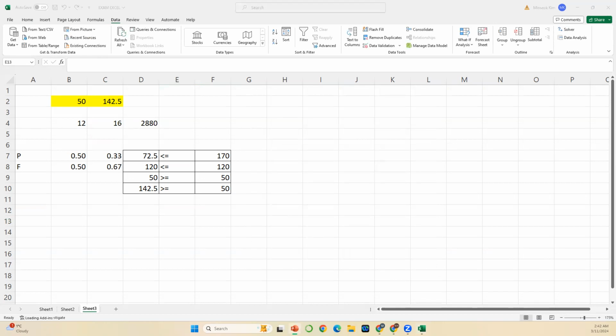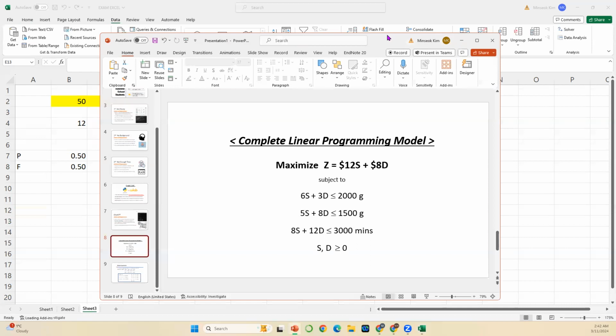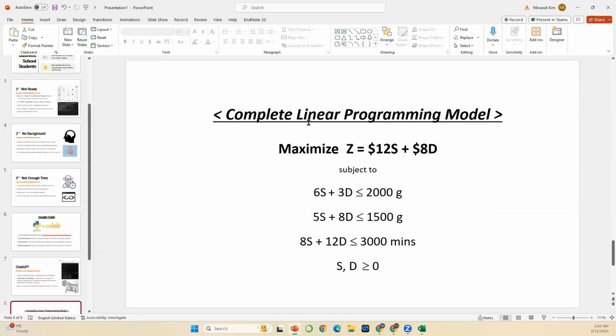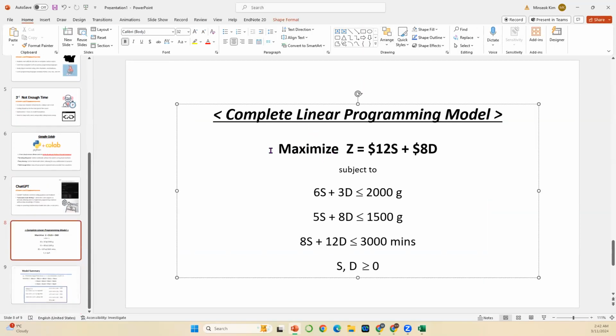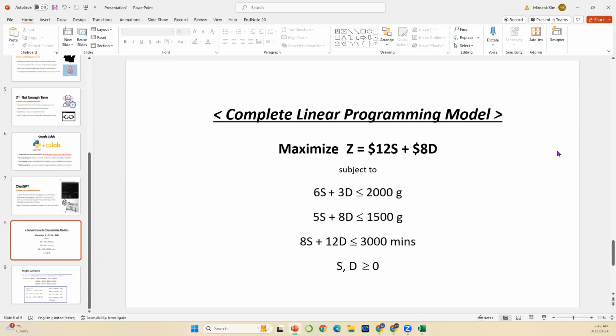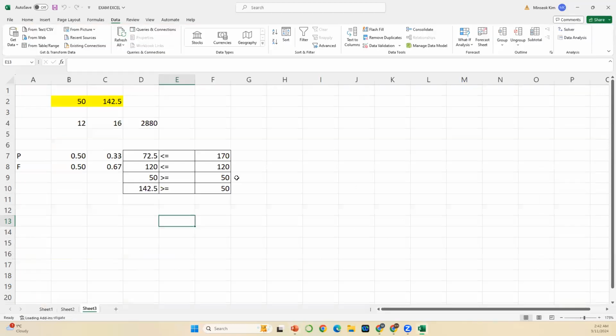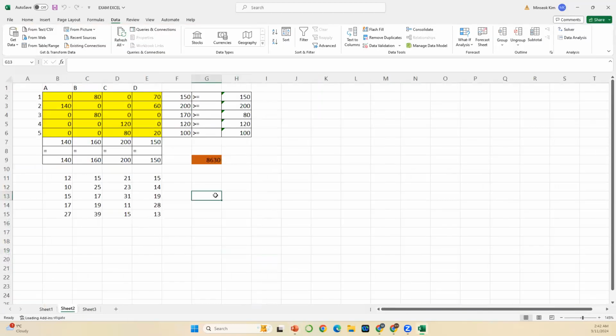I mean, they first need to learn how to formulate the model, like complete linear modeling with the variables, objective function, and constraints. And once they're done with the modeling, then they bring it to the solver like this. And then they run the solver and they find the optimal point and the solution. But the problem is, once the model becomes kind of complicated, so let's say your transportation model now has like